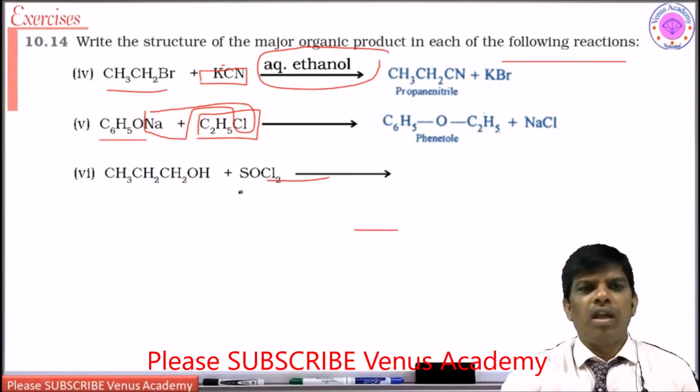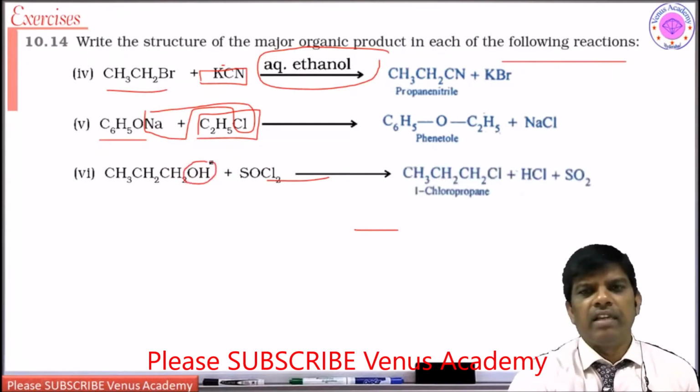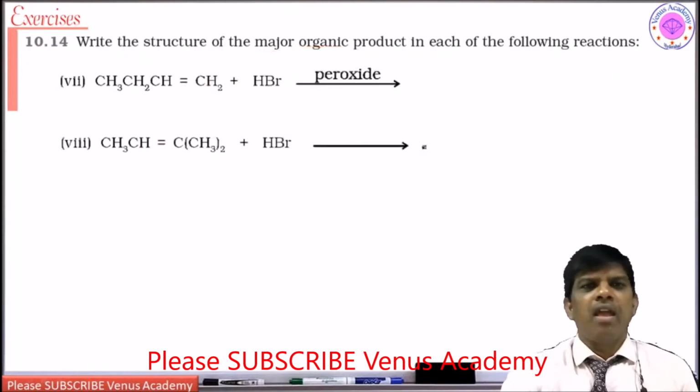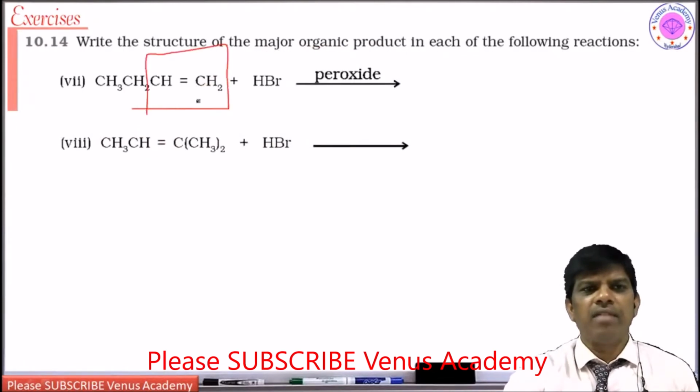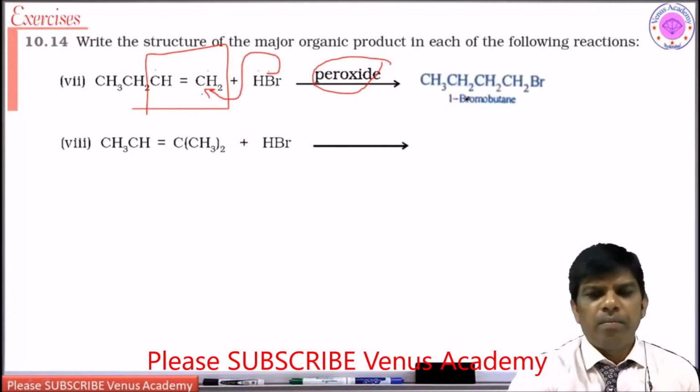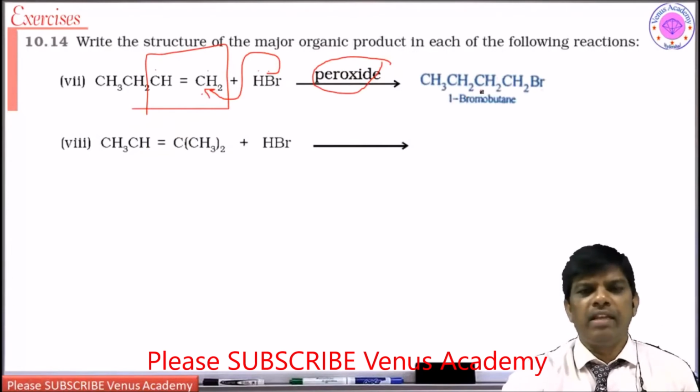Next, so alcohol, when you treat it with thionyl chloride, yes, you are going to get chloride. Here it is a very simple reaction, students. Next, an alkene. This is always going to be asked in your exams. Alkene, so Kharash effect. Whenever you see peroxide, it is because of Kharash effect. Kharash effect is nothing but it is going to form free radical here and here. So free radical is going to attack this bromine to give n-butyl bromide, not 2-bromobutane. Yes students.